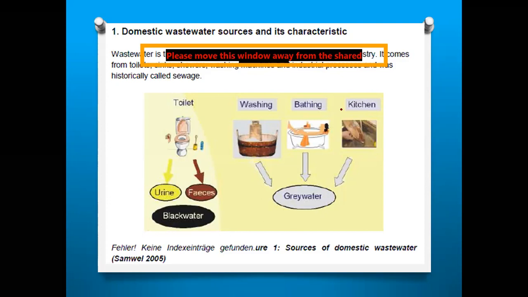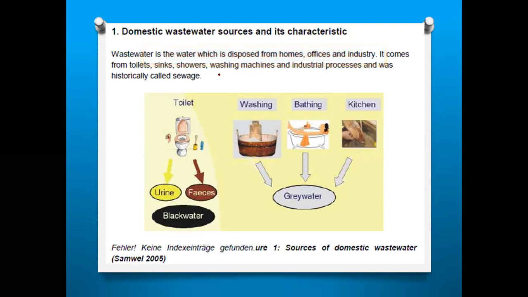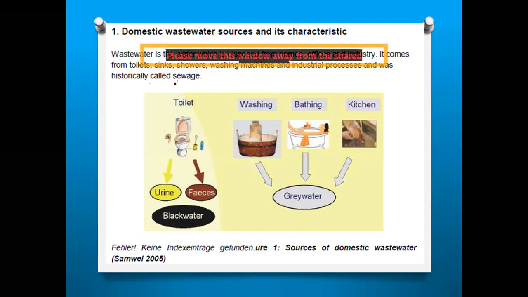Yes. So from this figure, you can easily understand what are the various types of water you are getting, right? The domestic water, which is disposed from homes, offices, industry, it comes from toilet sinks, showers, washing machines, and industrial processes, and was historically called as sewage. So totally మనం ఏమంటాము sewage అంటున్నాం. Sewer అంటే ఏంటి? Sewer is a physical object, sewer pipes. Where the sewage is flowing is nothing but a sewer pipe అంటున్నాం, right? Sewage means technically we are calling them as the waste coming from the household, industries, and the